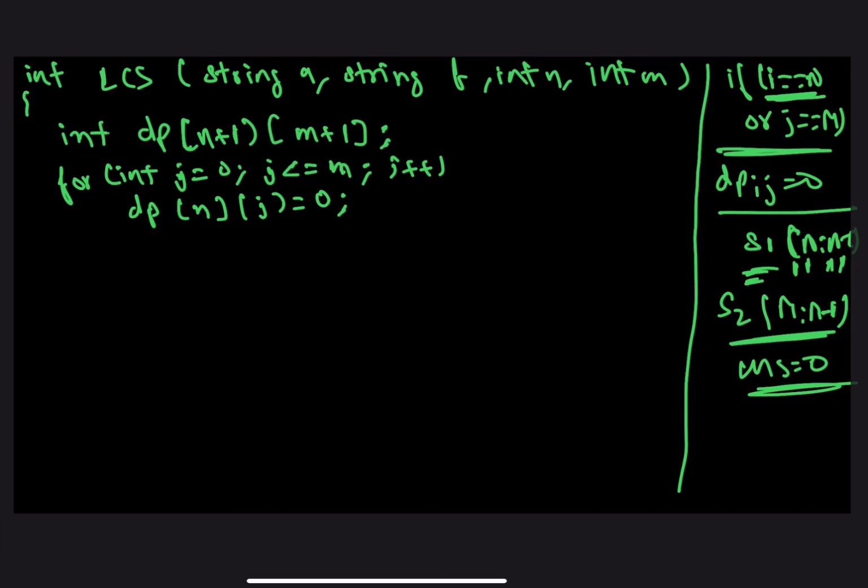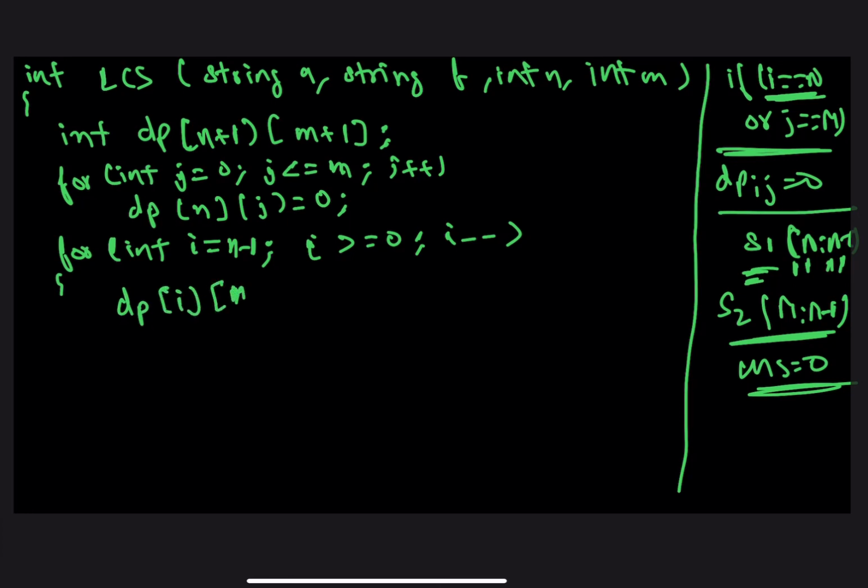Now let's iterate over the rows in decreasing order as we discussed in the previous section. So for int i equals n, i greater than or equal to 0, i minus minus. Now not from i equals n, because i equals n I already know. I have to iterate from the n minus first row over here. i equals n was our base case, so that's my bad. If you notice, dp of i comma m will be equal to 0, because dp of i comma m is again my base case over here. So I have to initialize it with 0.